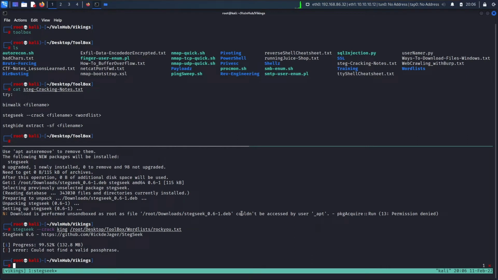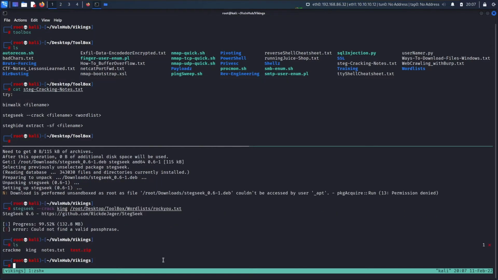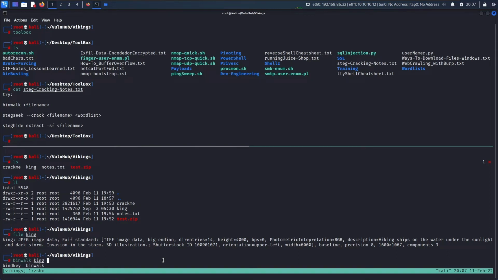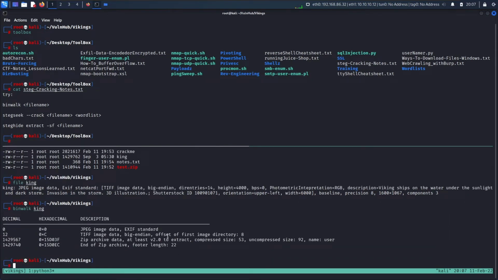Could not find a valid passphrase. Okay. All right. So I guess what we'll do here is let's look at some other options to maybe try to find. See, and binwalk was like, yeah, it's definitely got stuff in it. There's something in there. So, all right, let's look at other options for trying to